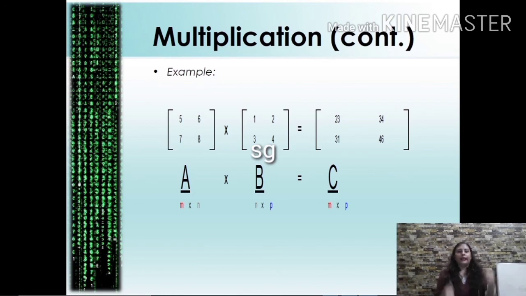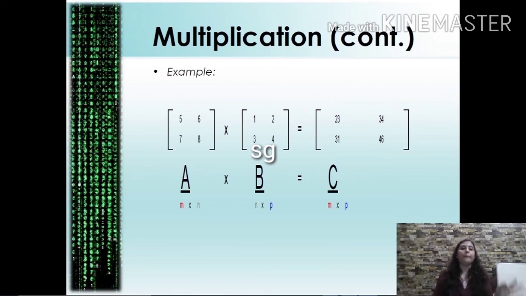Right? Again, please look at the highlighted orders of A, B and C. As I mentioned, N represents the number of columns of A and N represents the number of rows of B. They need to be equal. So A can be M cross N, B can be N cross P, where M and P are any arbitrary numbers. It need not be a square matrix, right? So here we have to keep in mind that the number of columns of A is equal to the number of rows of B. So they are both N.